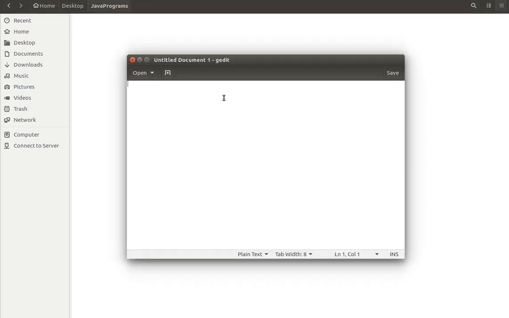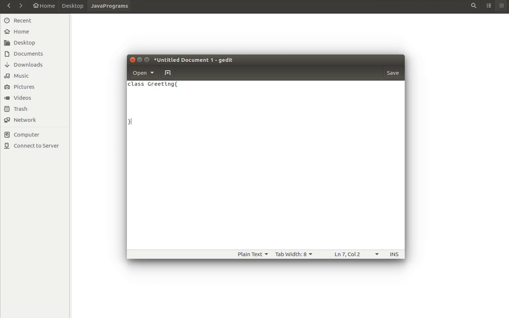Let's assume we're going to just say a greeting to all. Simply, we're going to say a greeting message. So it always starts with the class keyword. The class name should be uppercase. Remember, it should be uppercase. Then we need to open a curly brace and then close it. So this is how a class needs to be written.